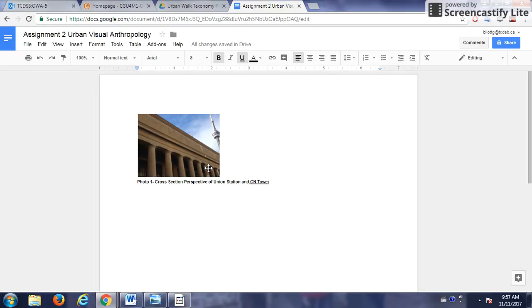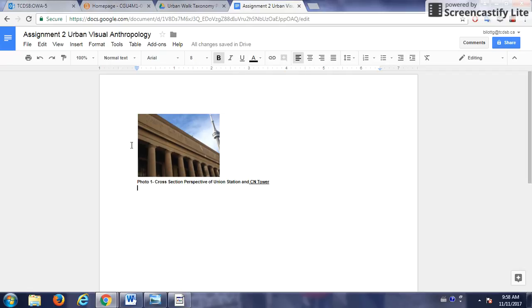And when I look at the Union Station, I know it's a time period in Toronto's history where the main mode of transportation was rail. A lot of immigrants came through Union Station, and to this day, it's a hub that connects Toronto to various other cities. I don't have a lot of space to write about this photo. It's a caption, which consists of 4 to 6 sentences. And what I would say, however, is I would include underlining or bolding,